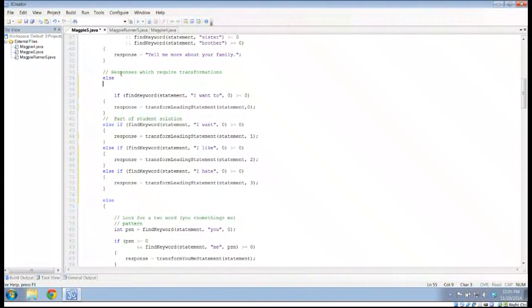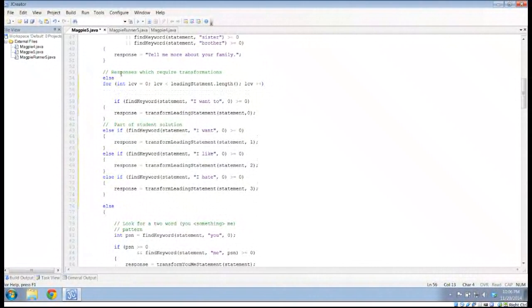So what I can do is: for int loop control variable gets 0, LCV is less than leading statements dot length, LCV plus plus, and go through this loop and say if find keyword with statement and leading statements sub LCV,